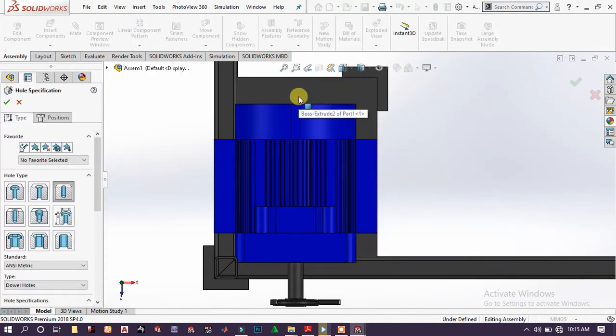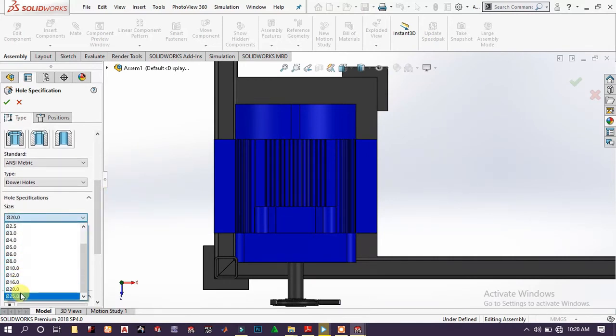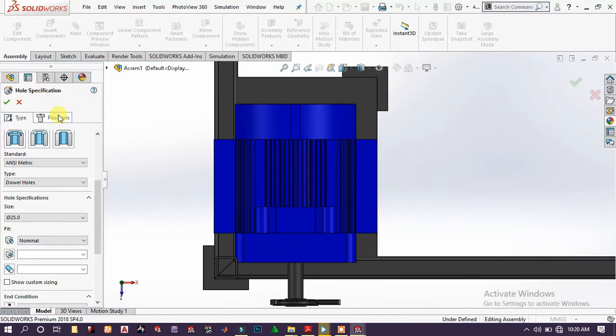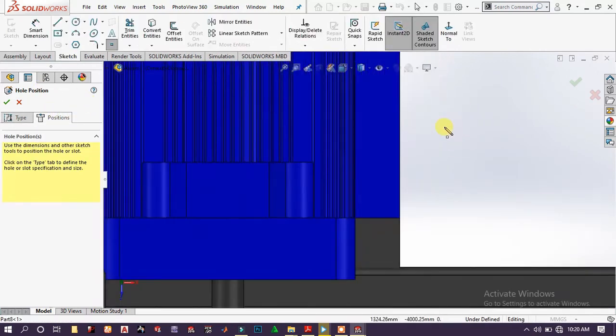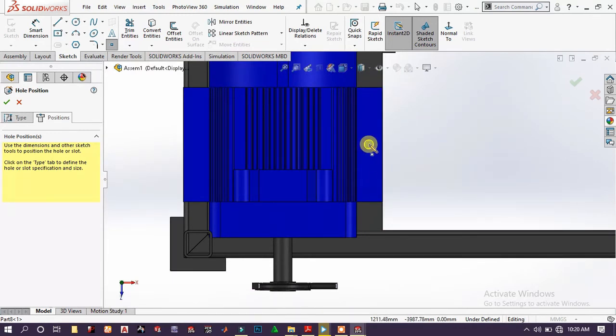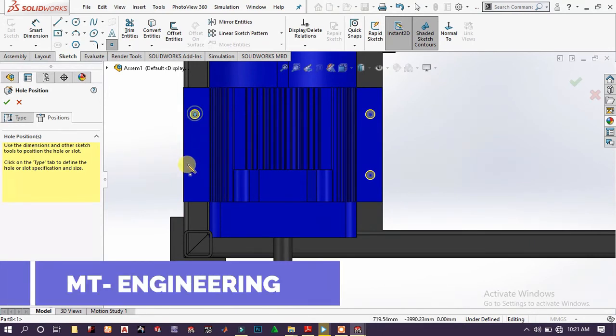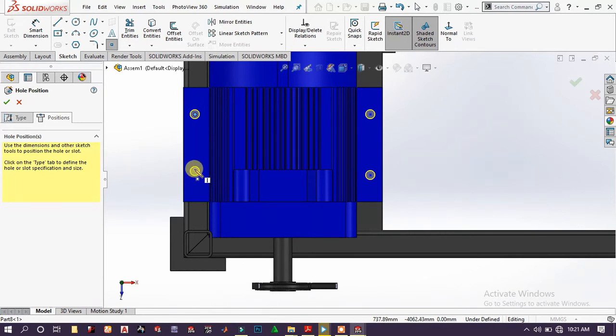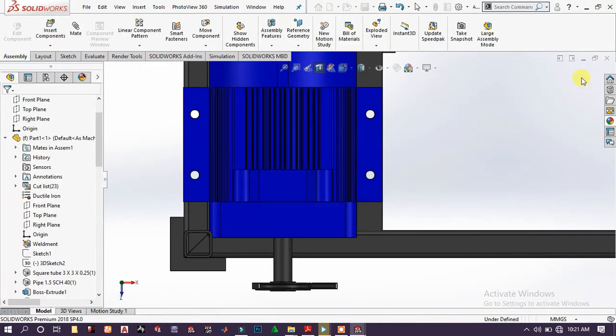We have to add some hole here. Choose 25 diameter size. Position this face. Place this hole around this point and this point, and the opposite around here and this point. So click OK. Since we don't need any other holes,